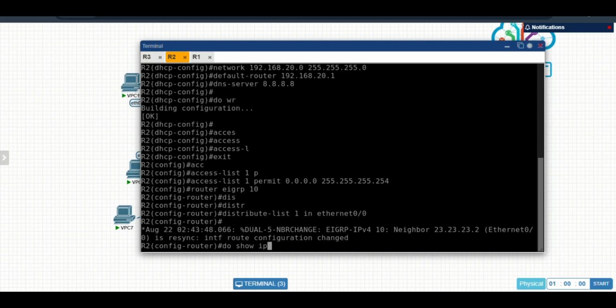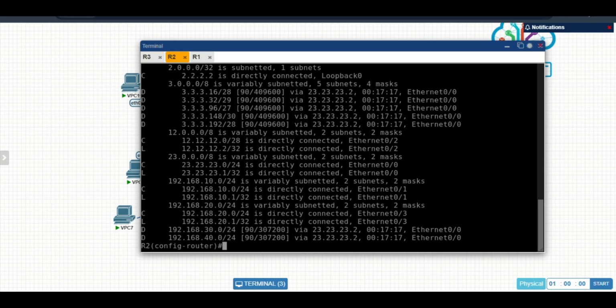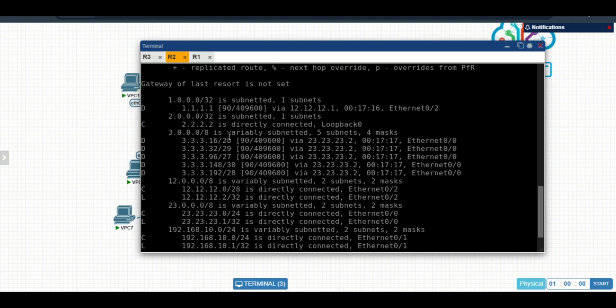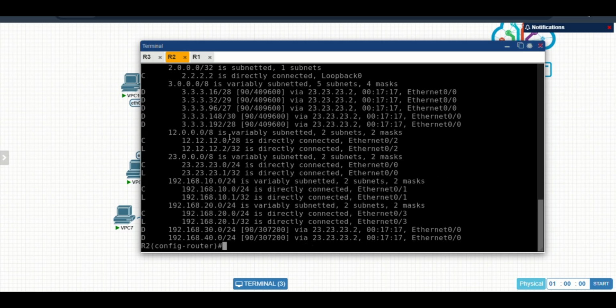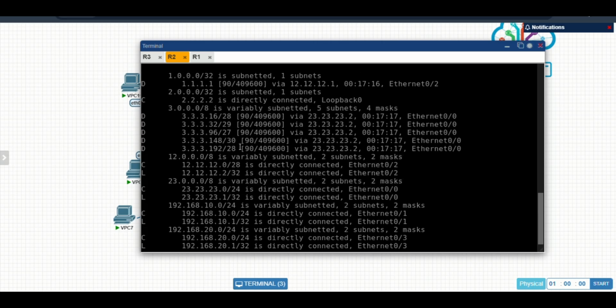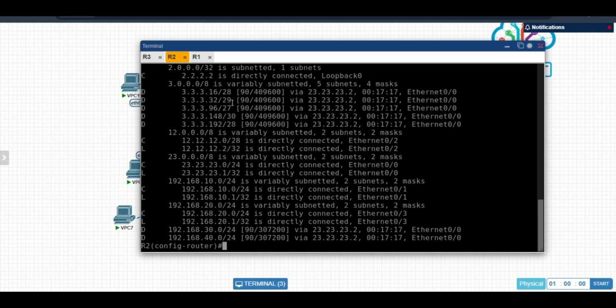So you can do show IP route right now, and you can see that until the IP event is launched, the IP out is hidden.